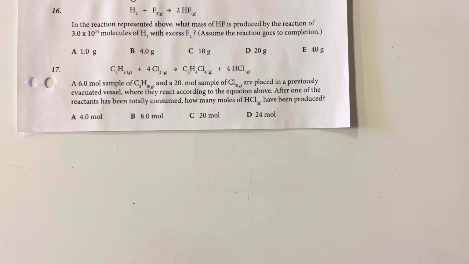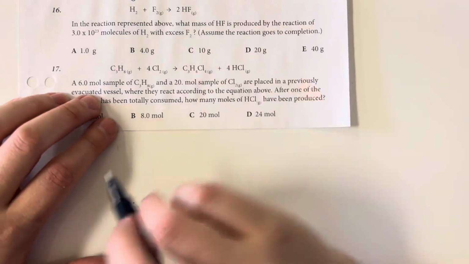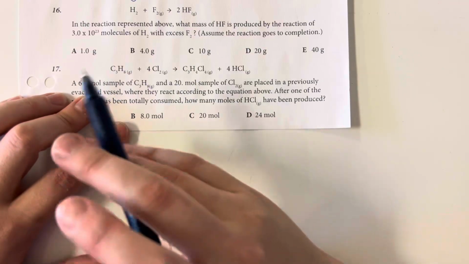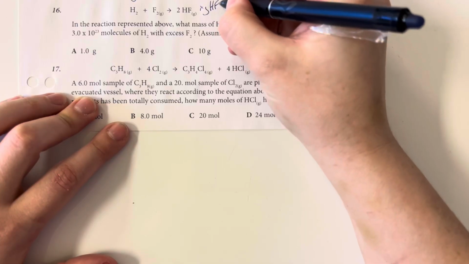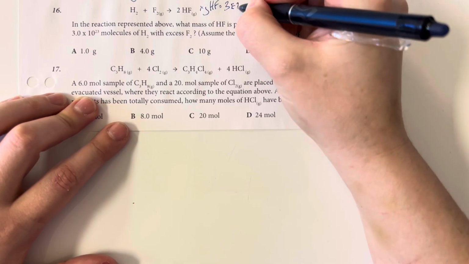In the reaction represented above, what mass of hydrofluoric acid is produced by the reaction of 3 times 10 to the 23rd molecules of hydrogen in an excess of fluorine? Assume the reaction goes to completion. So we have our balanced reaction here. We have molecules, which does mean that we are going to be using Avogadro's number. So we are looking for the mass of the hydrofluoric acid that will be produced by 3 times 10 to the 23rd